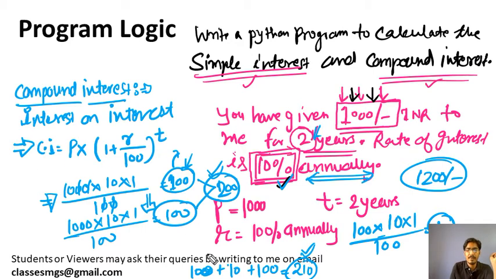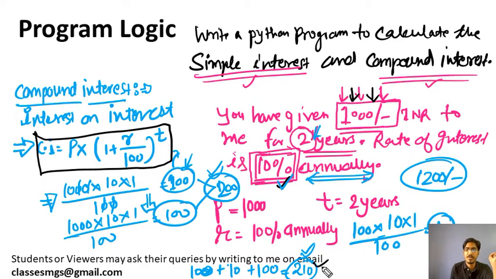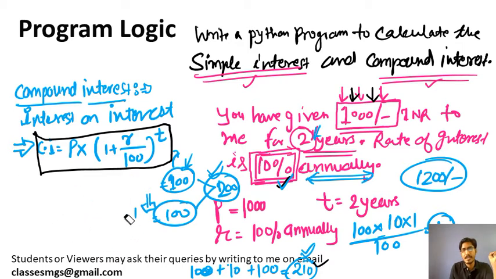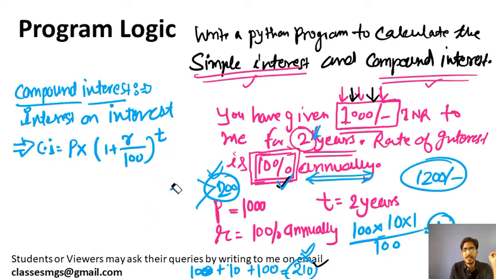There is a formula for calculating compound interest highlighted here, so you can use this formula to directly calculate the compound interest. We got the 200 just by explaining. I am putting the formula, and let's calculate it again. If you know what compound interest and simple interest are, it will be better, so that you can easily write the program. Otherwise it will be difficult for you to write the program.